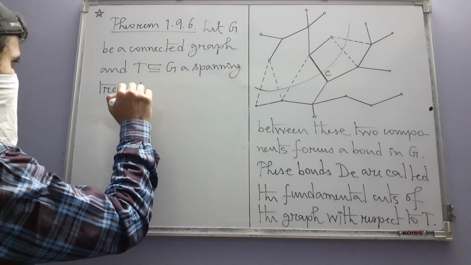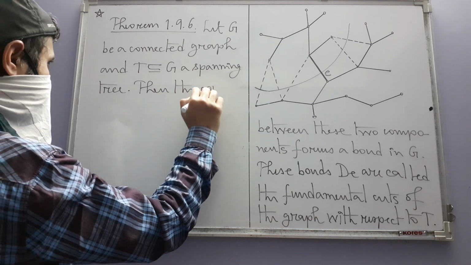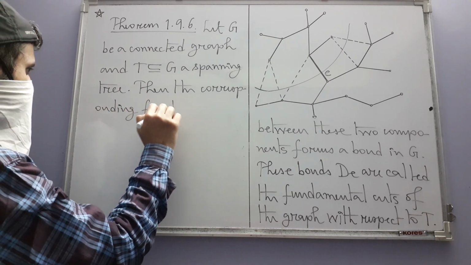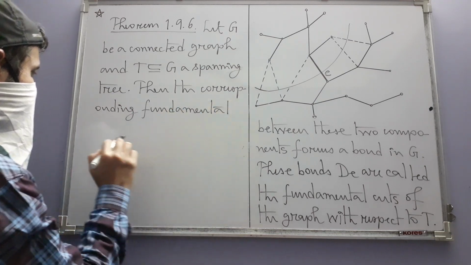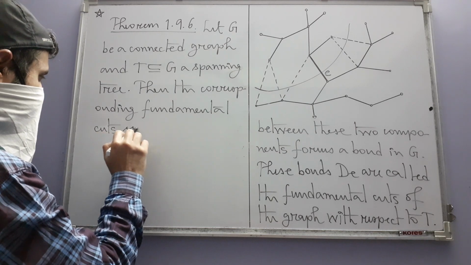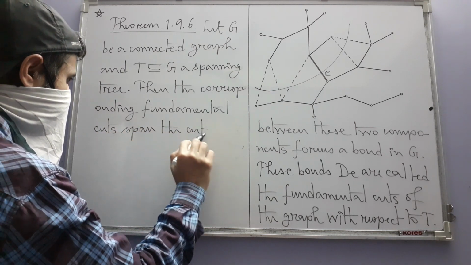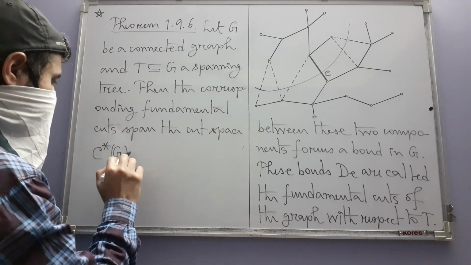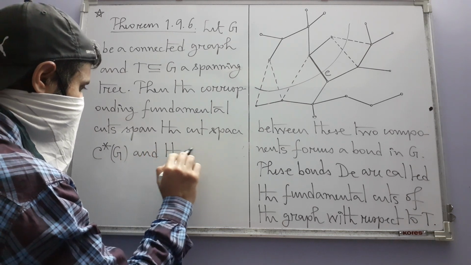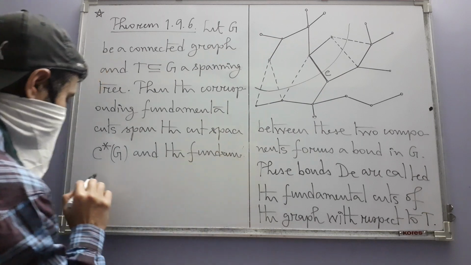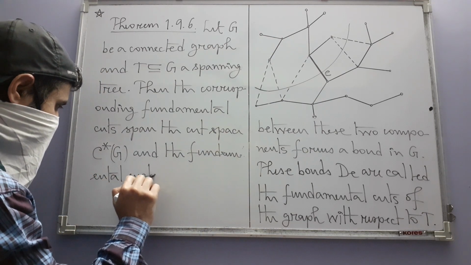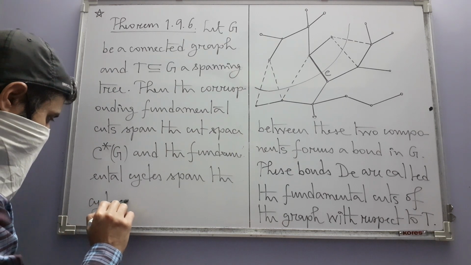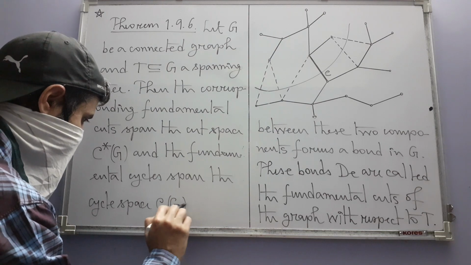Then the corresponding fundamental cuts span the cut space C star of G, and the fundamental cycles span the cycle space C of G, and